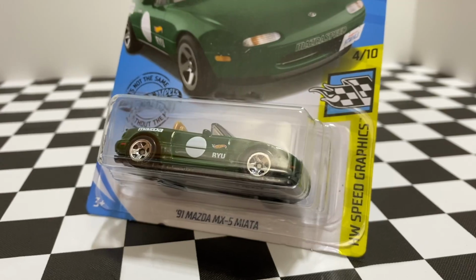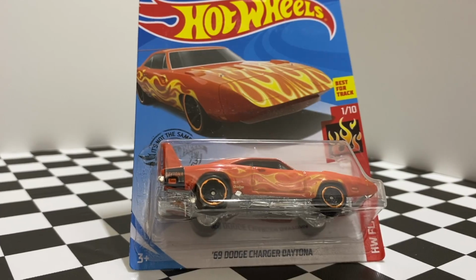It's HotDiecast Garage, and in this video, we're opening up some of the new Hot Wheels cars from the GameStop